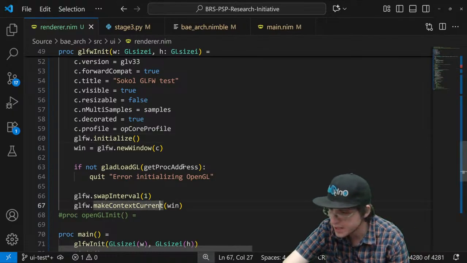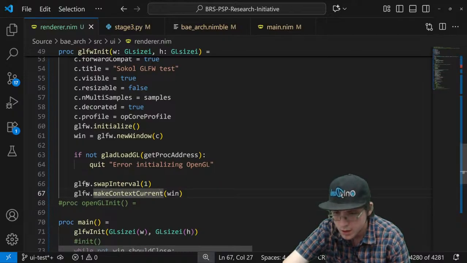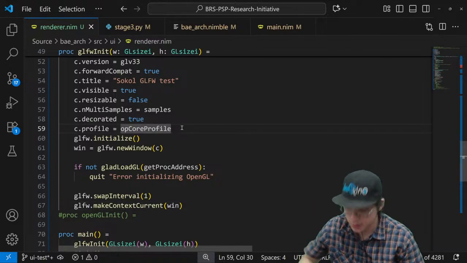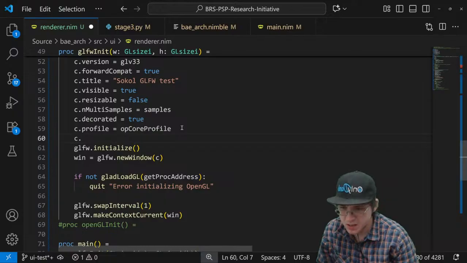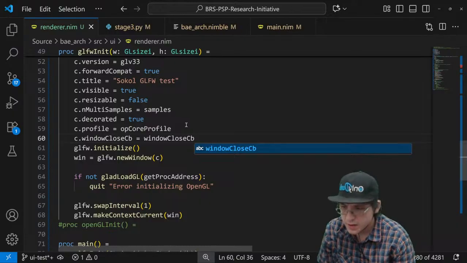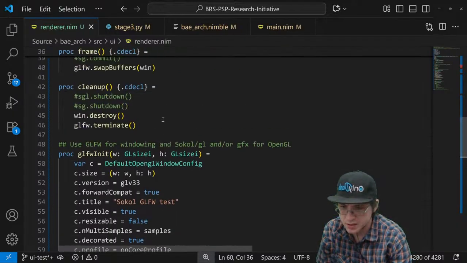If it's in context, the window and see. This will work. Maybe config will work here. Window close callback equals window close callback. We have to do GLFW.